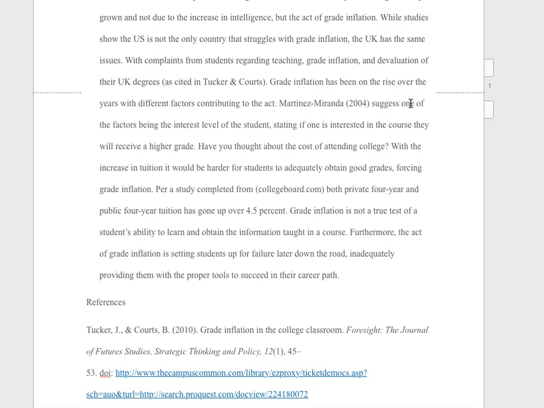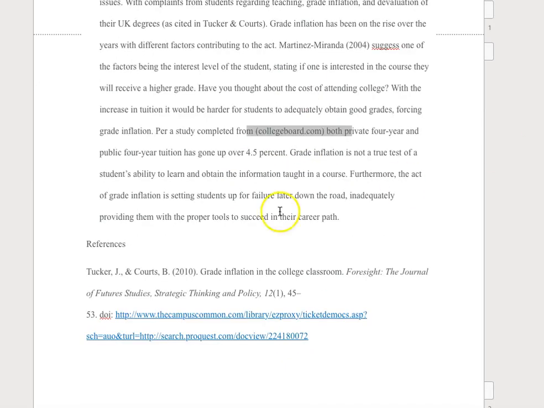one of the factors being the interest level of the student, stating as one is interested in a course, they will receive a higher grade. Have you ever thought about attending college with increased tuition per study? Okay, all right. College Board is not in your references. I don't know if you read it from someplace else. I don't know if you read it here. I'm going to assume